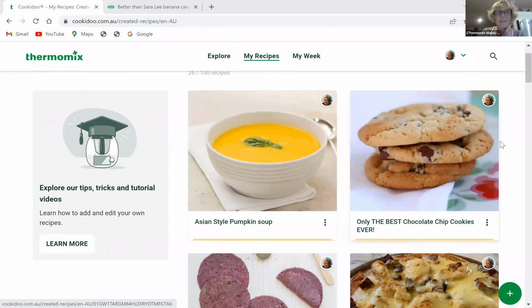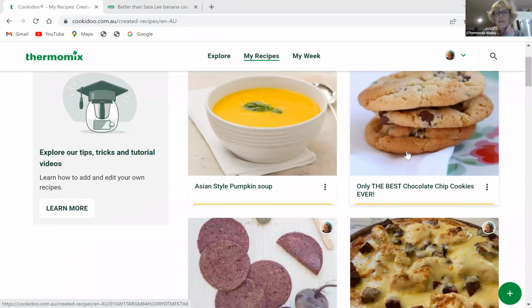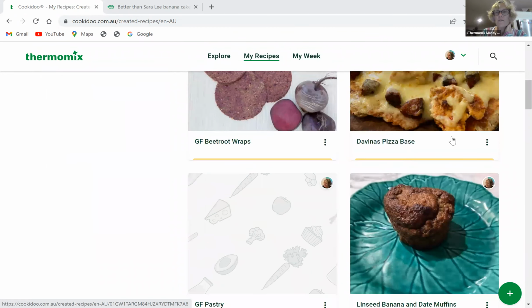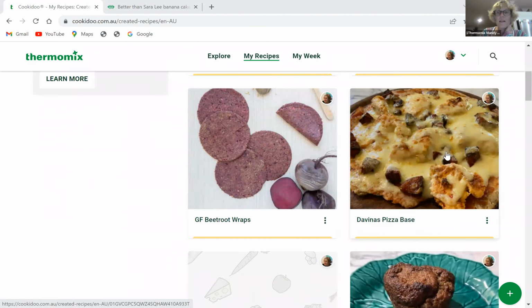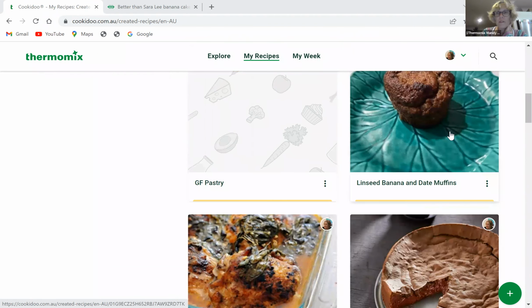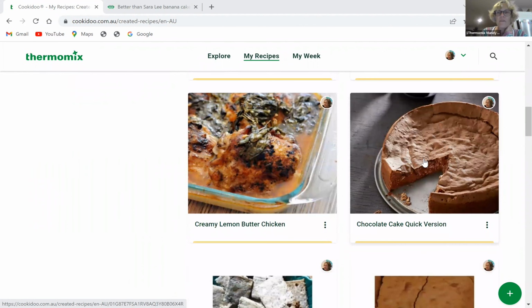My imported recipes. So other things, that was one I did the other day for a class that we had. But things like, this is actually a friend of mine, her gluten-free pizza base. So I've put that in. That's a muffin that I make. This one is a chocolate cake, and I know I spoke to Kathy and Faye, I think, about this the